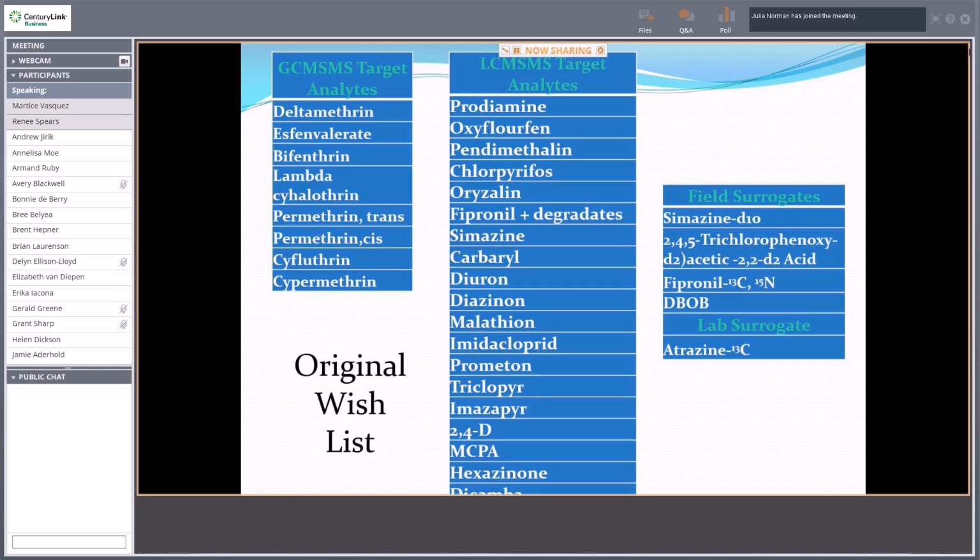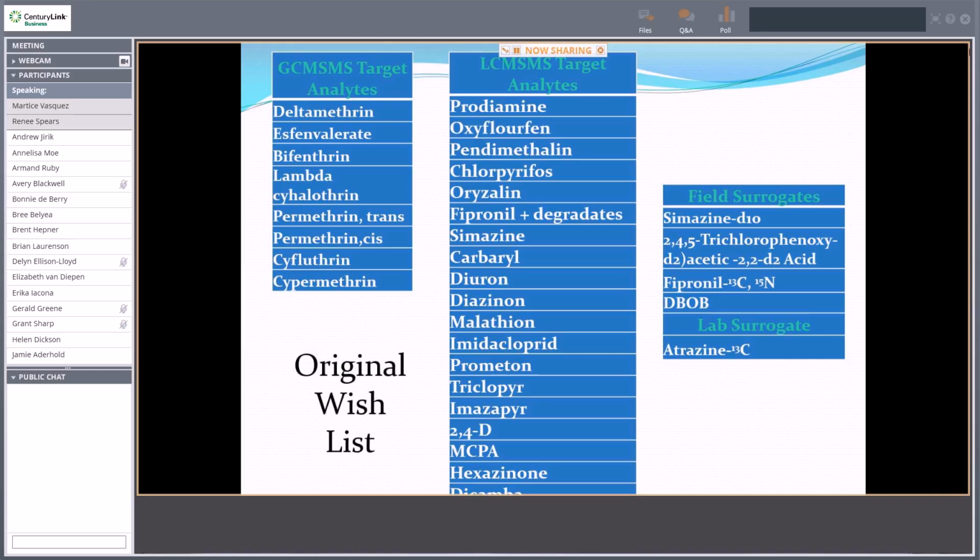The LC-MS target analyte list consists of both insecticides and herbicides. You can notice that there's a couple organophosphorus pesticides in there, such as chlorpyrifos and diazinon. We do have the insecticide class fipronils with all the degradates included. We also have imidacloprid, the most heavily used neonicotinoid, in the target compound list for LC compounds. And then we also had some acidic herbicide compounds, triclopyr, imazapyr, 2,4-D, that were also included in the LC-MS target